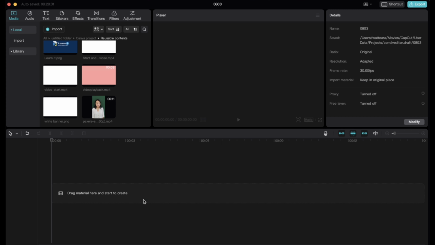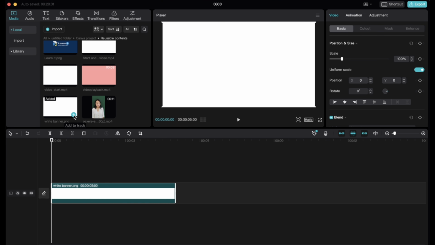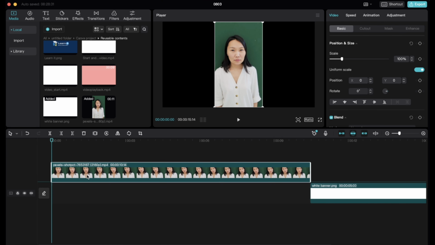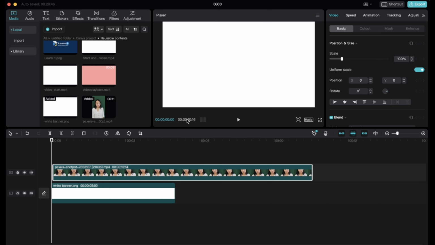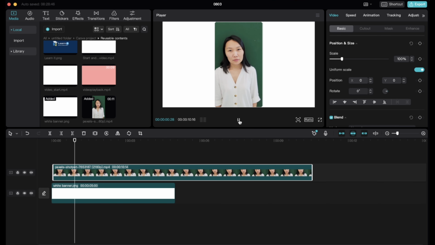CapCut supports green screens, or what's also known as chroma key, and this works on both desktop and mobile. So here once again on my timeline I'll have two clips, and the topmost layer has a video of a pretty lady with a green screen, but I just want to overlay the video underneath.